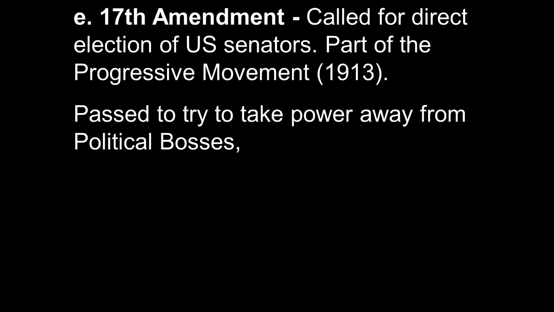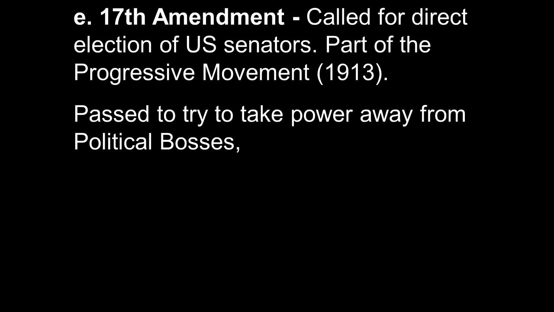Before this amendment, it was done by state legislatures. So what you would do is, as a citizen of North Carolina, you would vote for members of the North Carolina legislature and the North Carolina Senate, and then they would choose who would become North Carolina's 2 U.S. senators. That's how it was handled. So it was a way to basically take power from the people or make it so it's less like mob rule.